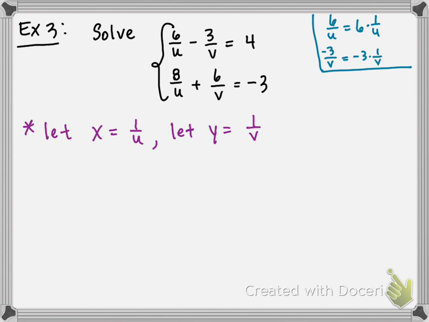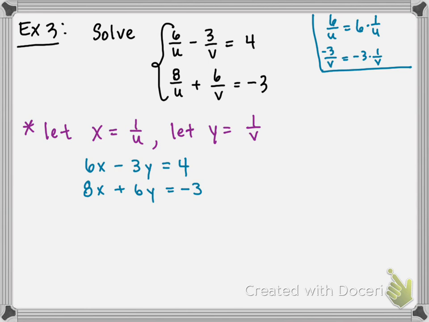And then thinking about that and letting x equal 1 over u, can't I write my first equation as 6x minus 3y equals 4? Similarly, the next one is 8x plus 6y equals negative 3. Now, how many of you like that a lot better? I sure do. So now it looks like I could eliminate my y's, but I would need to multiply my